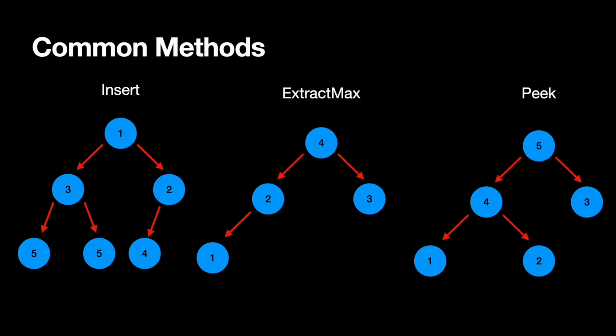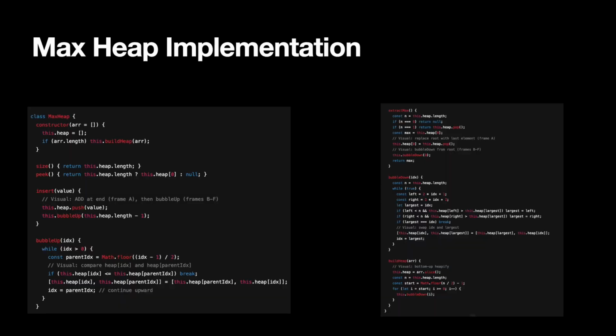of 4. And then there's peek, which just takes a look and returns the value of the top level element without changing the heap. So here's a max heap implementation in JavaScript, and you can pause the video here because